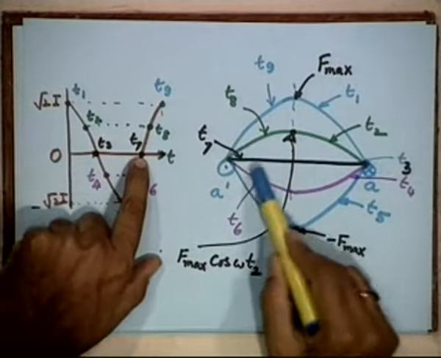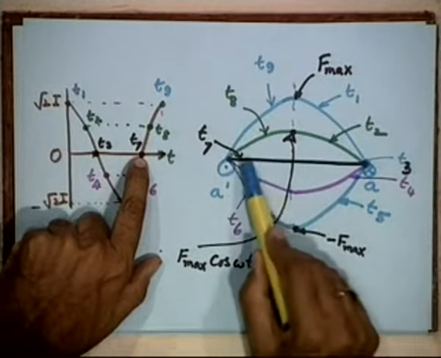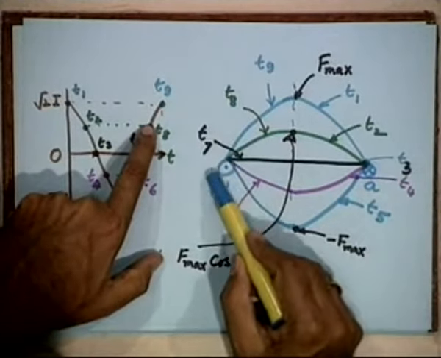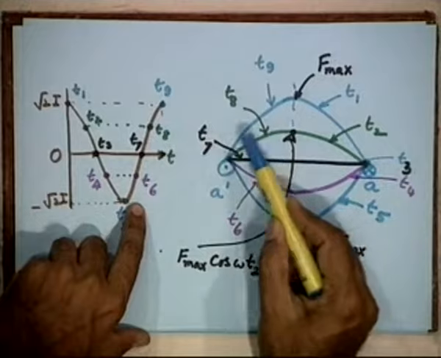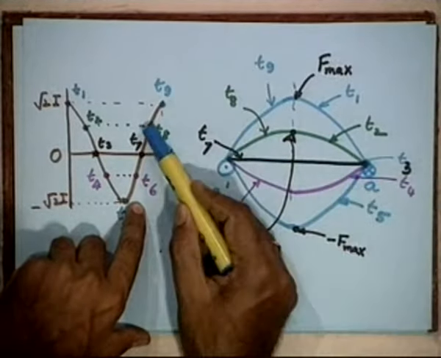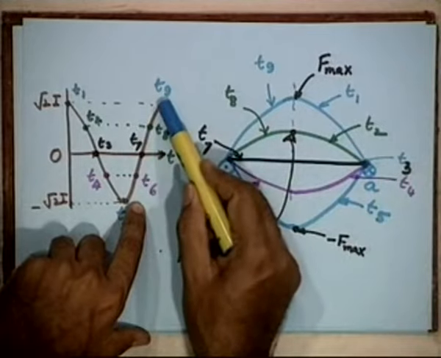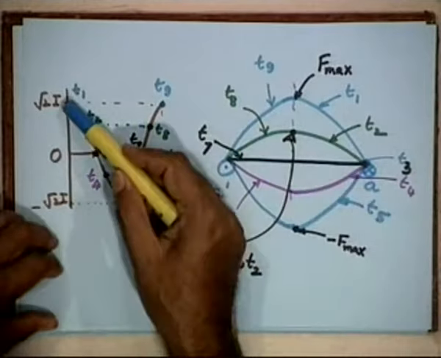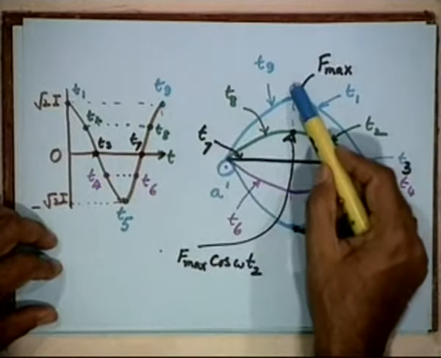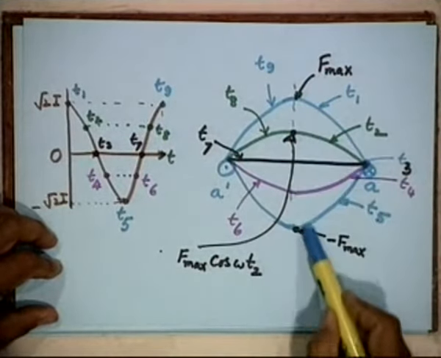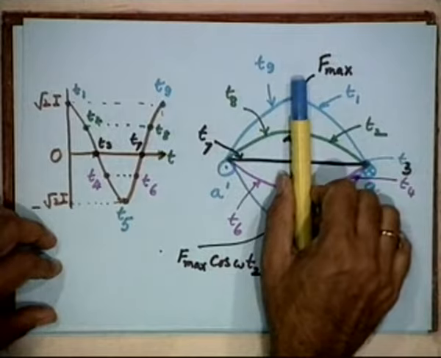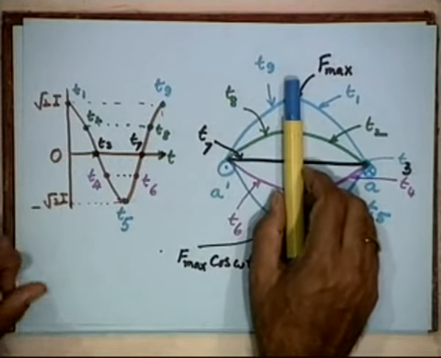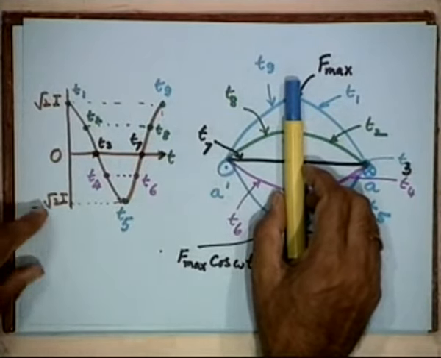Then go to T7, it is a 0 MMF variation in this space in the air gap. And T8, you will find this point again as the green one here. T8 is here, and T9 again comes, T9 is same as T1, so it assumes the same position. So as you vary from T1 to T9 in one cycle, you find that the MMF pattern has gone through a fluctuating flux centered on the same axis, okay. So it is that oscillatory type of MMF you see with single phase winding with single phase excitation, okay.